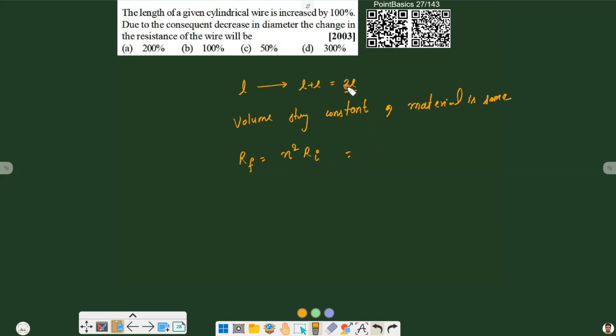So final length is 2L by initial length L, so (2L by L) whole squared into R initial,